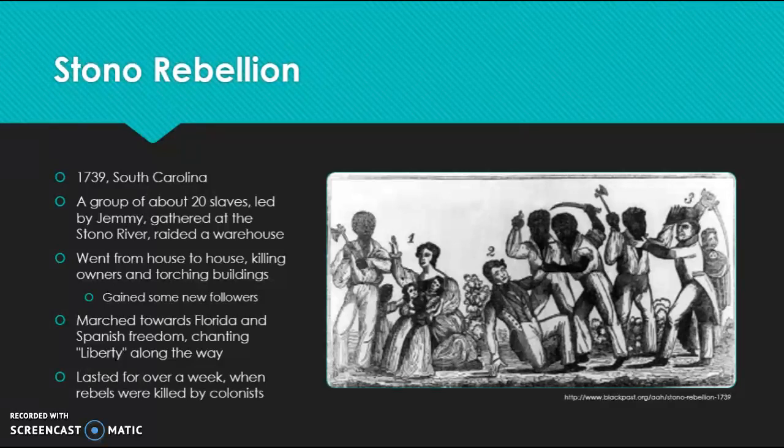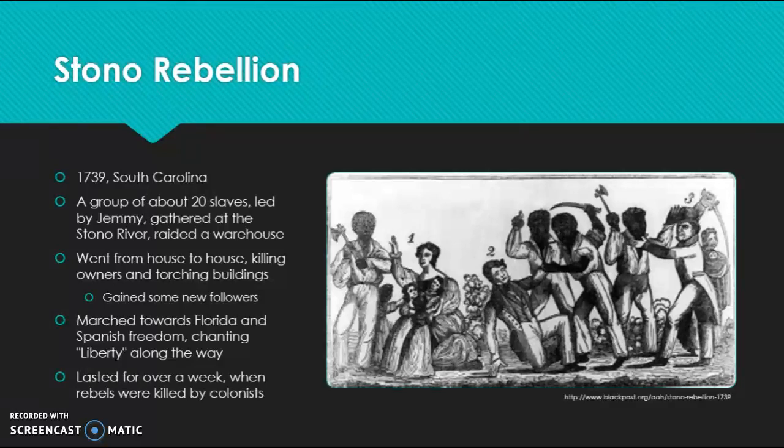Their goal was to get to Florida, which was a Spanish area, be free, and maybe live with Native American groups where they could have their freedom and not be a part of what was going on up there anymore. They did last for over a week, but eventually the colonists caught up with them and the militia, and